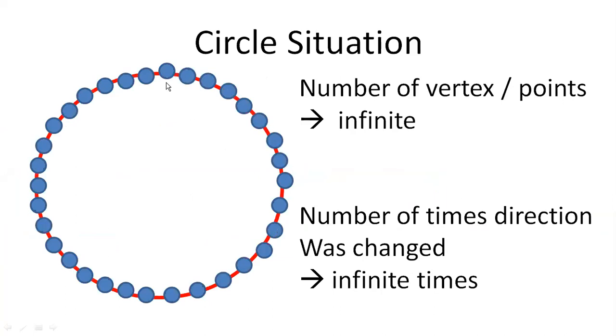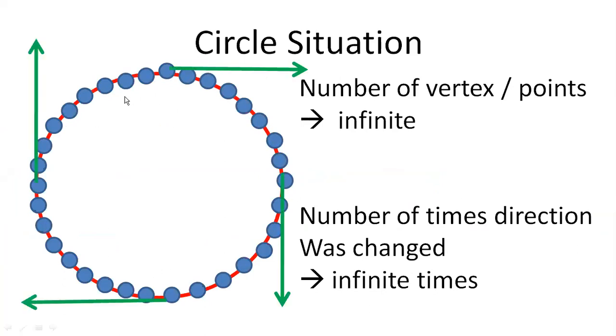Okay, I will just highlight. Suppose I take 4 points on it and I highlight the direction. You can see for the 4 points which I have selected, I have taken their directions, and each is showing a different direction. This is showing north, this is showing east, this is showing south, and this is west. And other points will also have their own direction. Every point on this circle has its own direction here. So the number of times direction has to change is infinite.